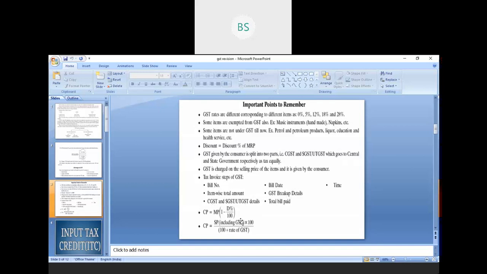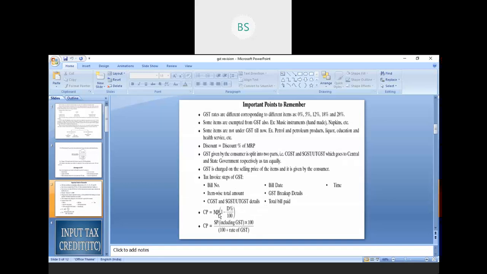All these things are provided. For example, when a shop is there, these are the details they have to keep: the bill number, how much amount was paid, and the bill date, meaning the expiry date, or how many days we can use that product. So everything they have to check. These are some formulas you can see here.